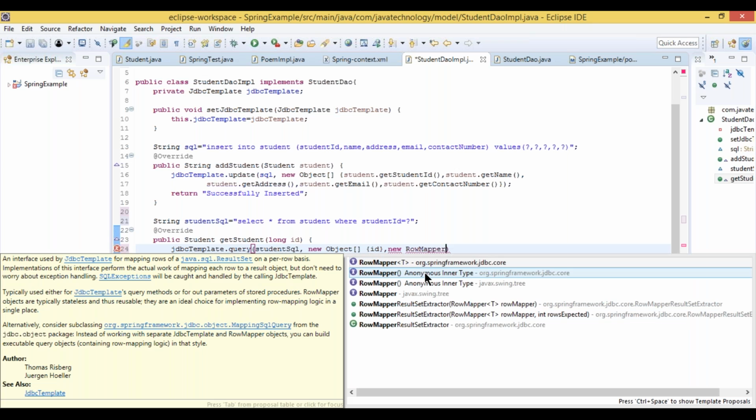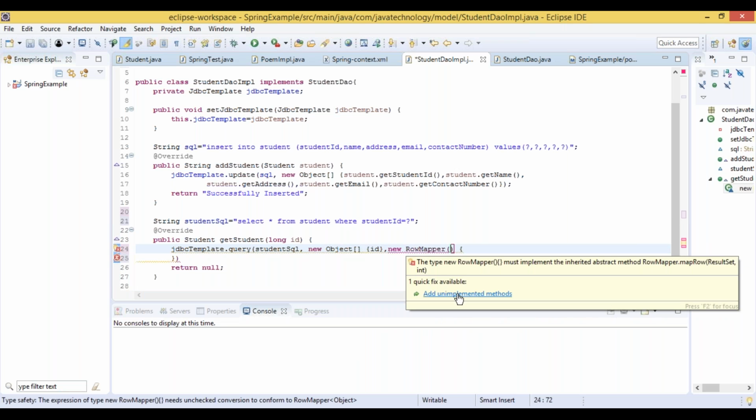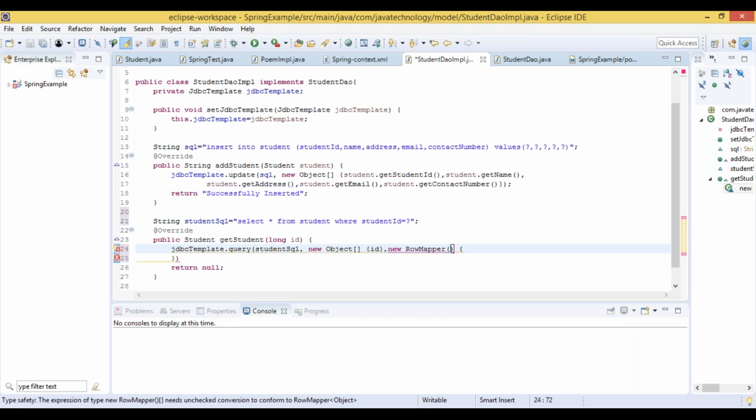So this we need to take. So row mapper. So add and implement method. So like we need to use